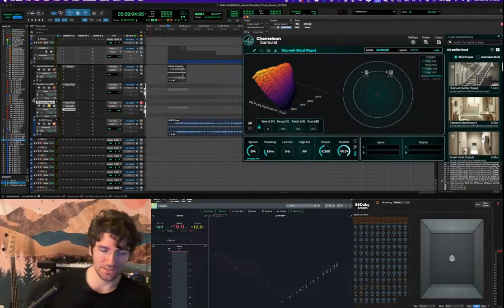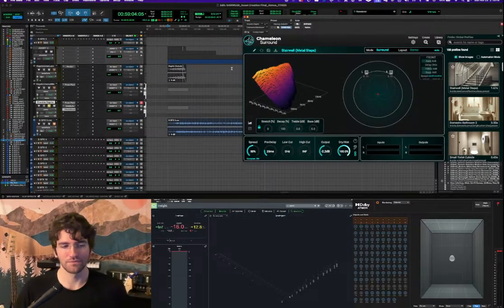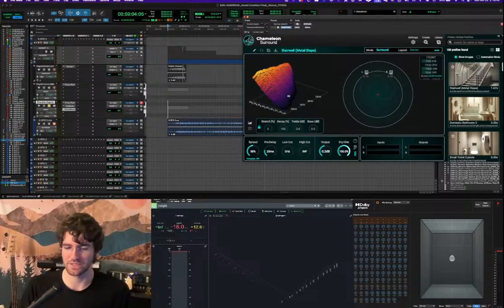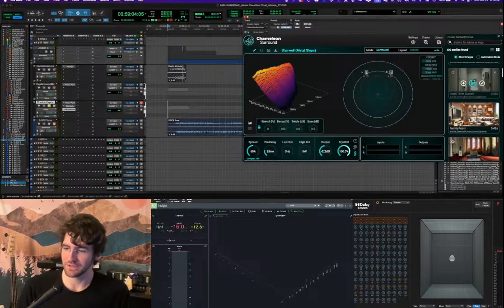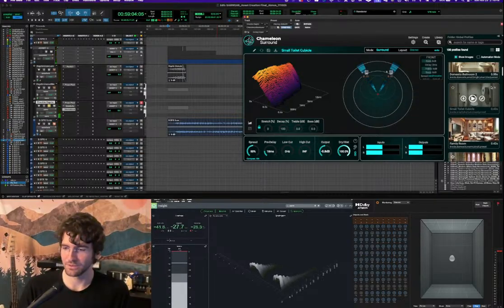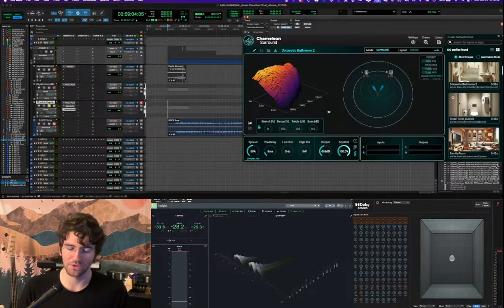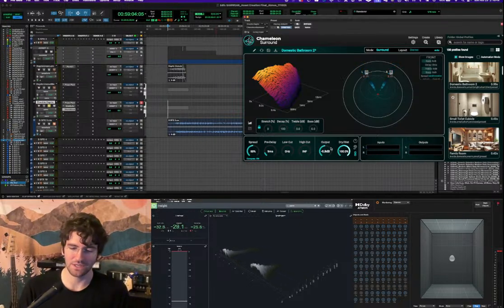Again, I'm sending this stereo signal to a mono bus at the moment, which can run into some phase problems, but I don't know which way I want this sound to go yet, so it'll be fine. So let's try something like a toilet cubicle. Nope. Domestic bathroom. I'm looking for small kind of sounds that can impart some of their character, but if we take the dry wet down,